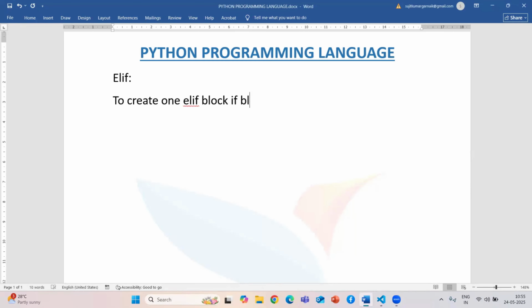if block is mandatory. If block is mandatory in the sense that if you are going to compare three numbers, then the first thing we are going to do is create one condition with the help of if. If only you can create, then we cannot say that the first number is not greater. So to create any elif block, one if block is mandatory,